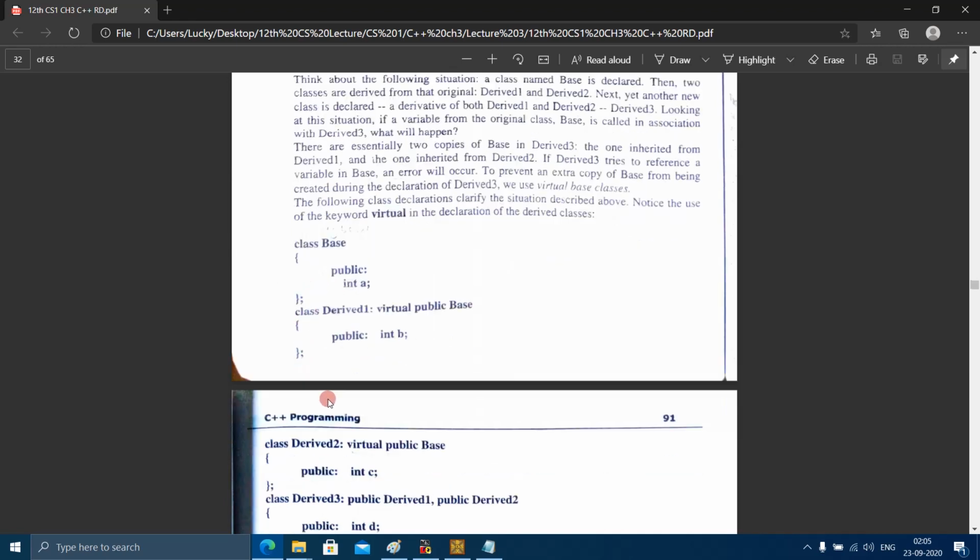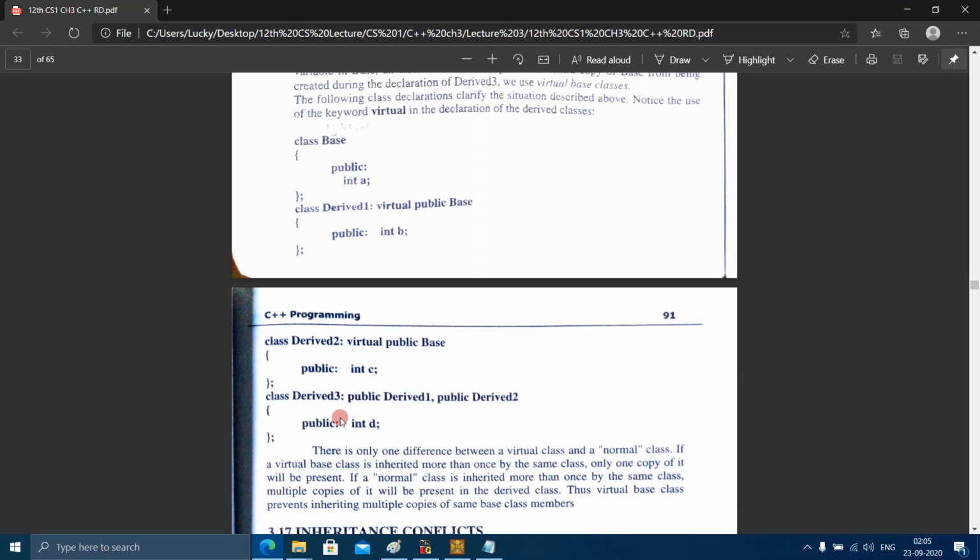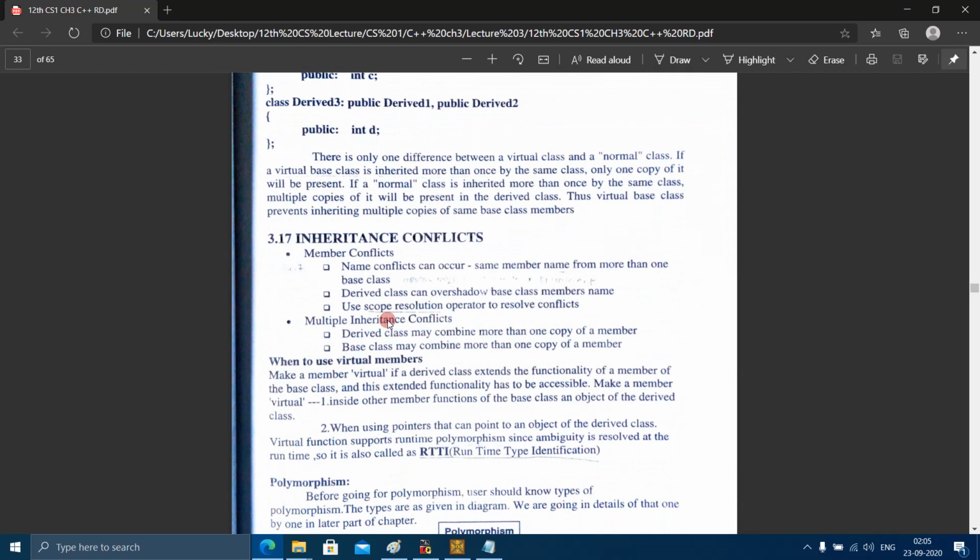In this example, derived 3 was inheriting the members of the base class twice. This is the conflict we face in multiple inheritance: a derived class may combine more than one copy of a member.